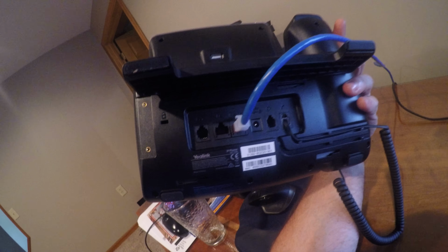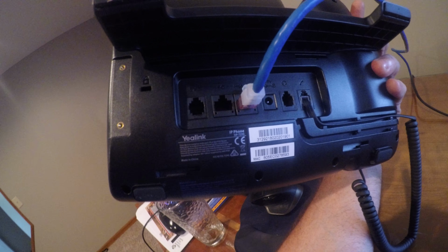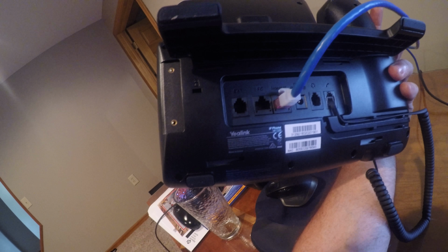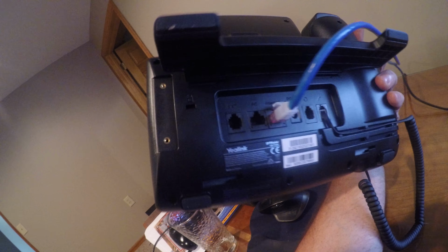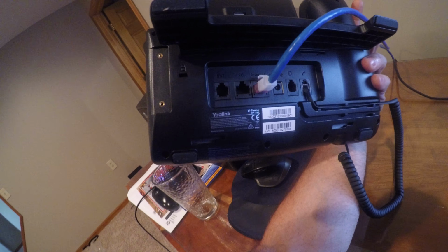And this phone, just like almost every voice over IP phone, has a PC port and an internet port. So we're going to come from the port on the wall into the phone, and then from this other port labeled PC will obviously go into the computer. That avoids having to have 2 cable drops, one for phone and one for PC, as in the old school days. We have a power